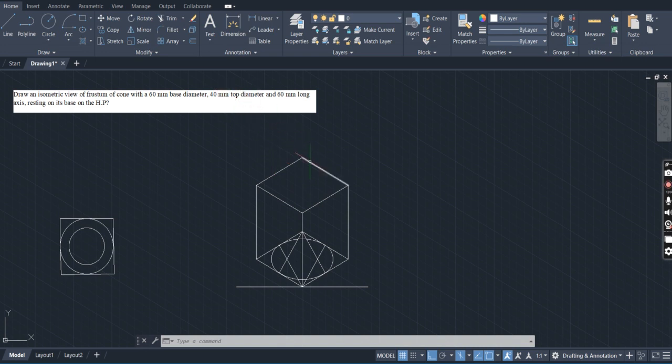So 40 mm means construct one more square with the dimension of 40. This total distance is 60, right? Out of which we need to subtract 20 in order to get 40, right? So